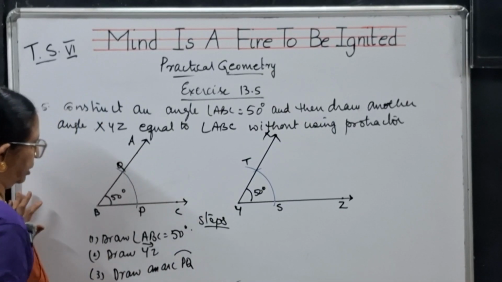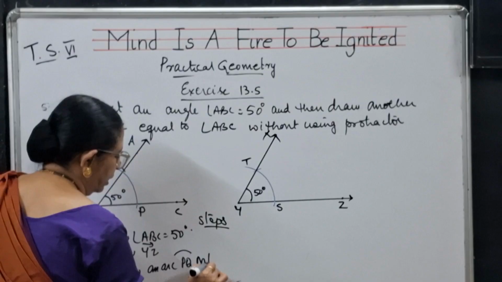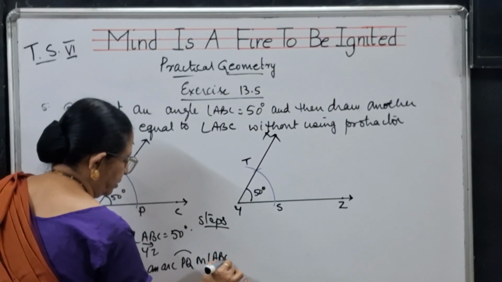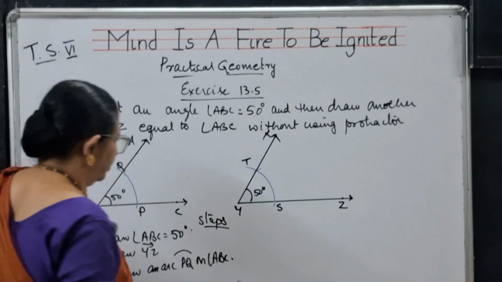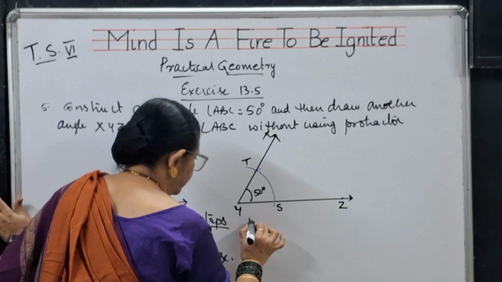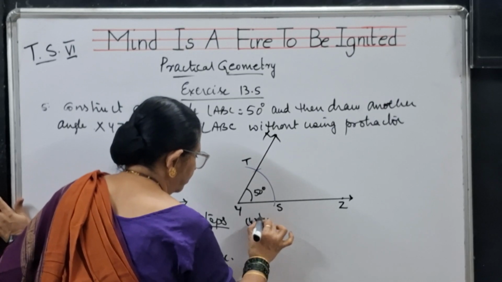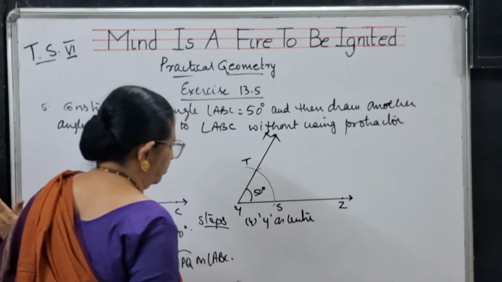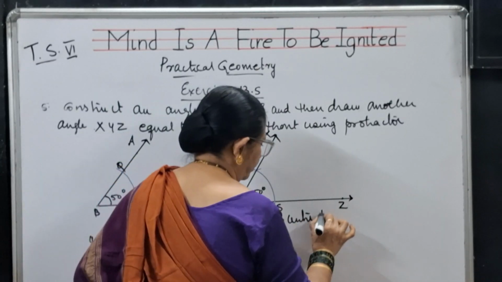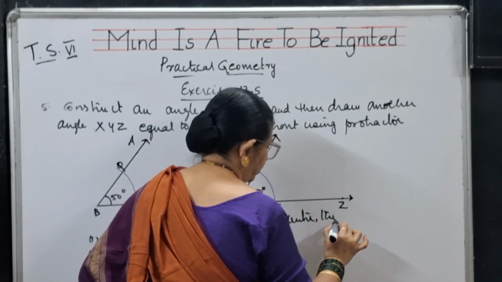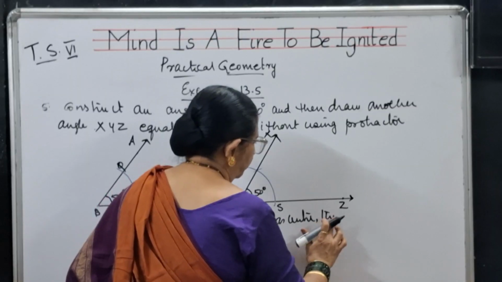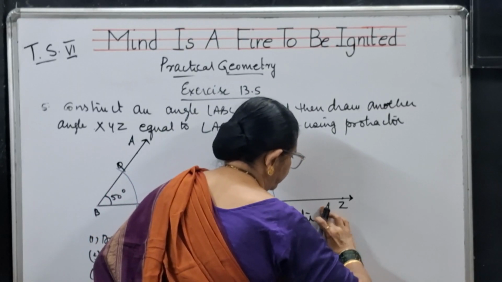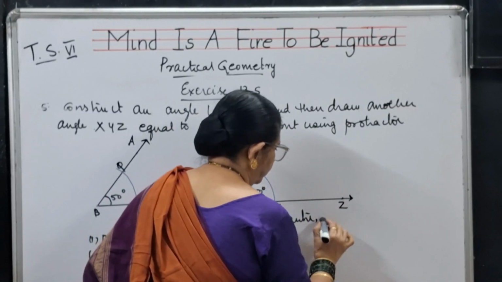This is an arc PQ on angle ABC. Now, fourth point, Y as a center with the same radius,